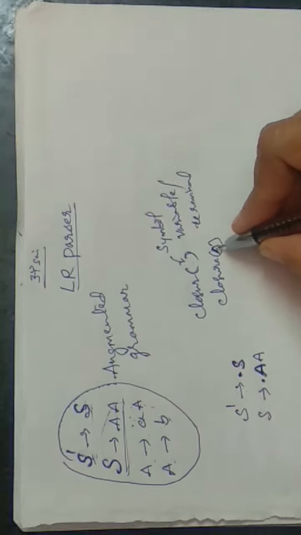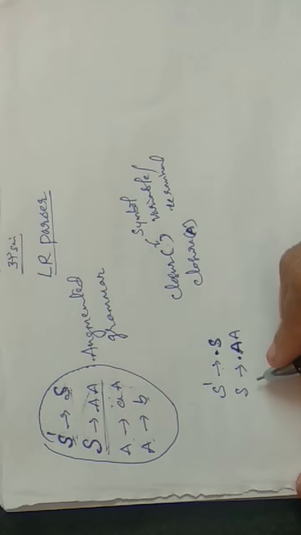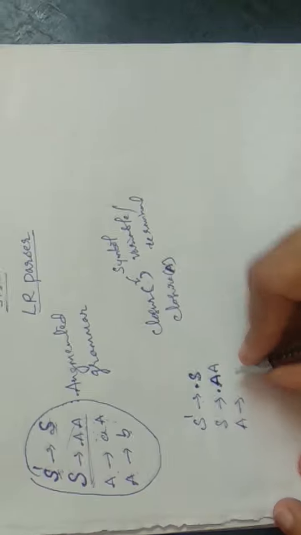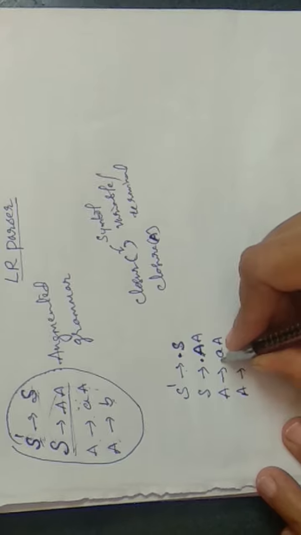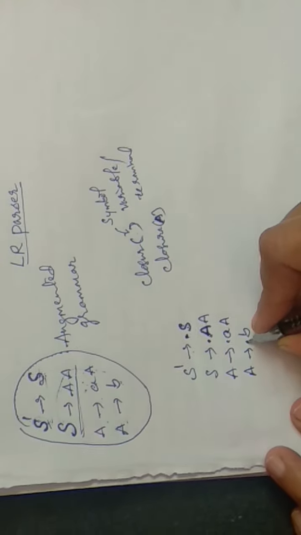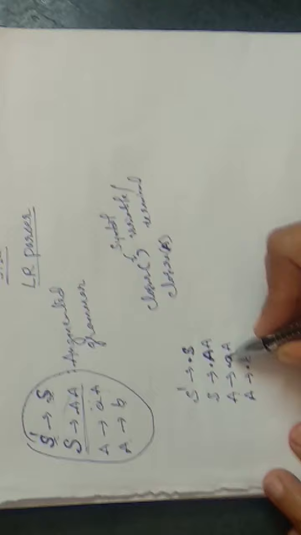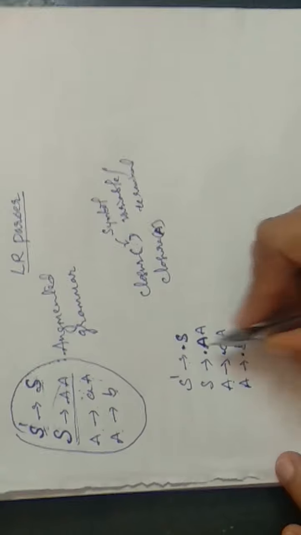Closure of A, right? So here, what symbol have you passed? It is a variable. Then it has to introduce the respective productions. A implies, take from here, A implies. A is deriving two productions: A implies AA, and one more production, A implies B. Again you have to put a dot here. A implies dot A. Again this dot is present in front of the symbol, and this symbol is a terminal, and a terminal does not derive any production. So only this is the